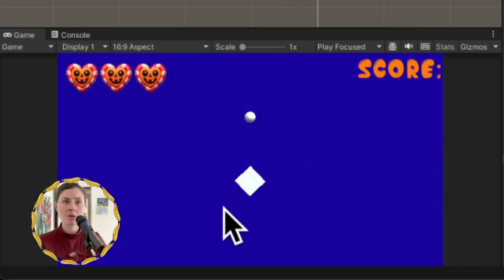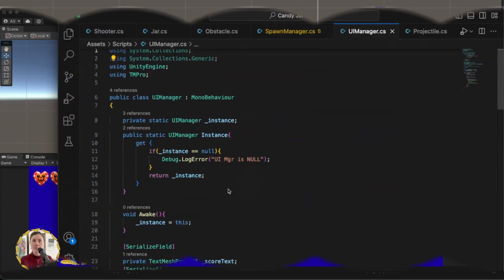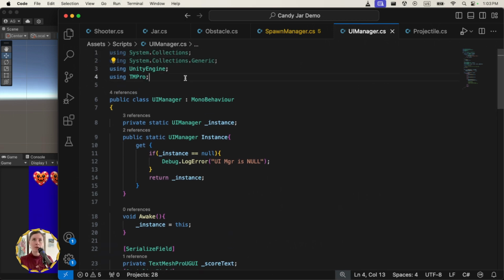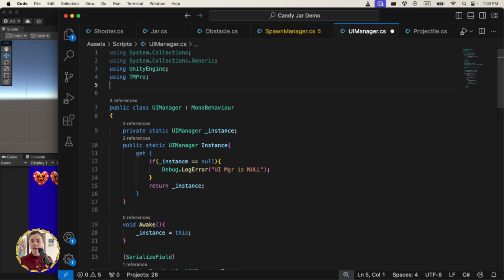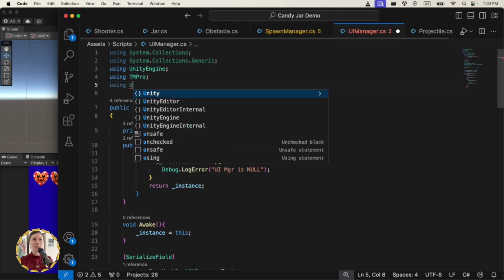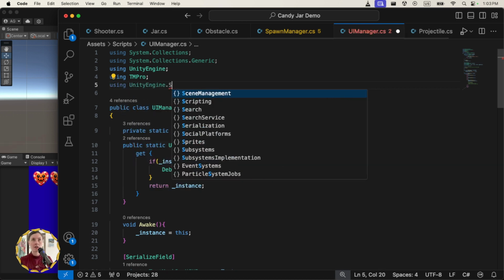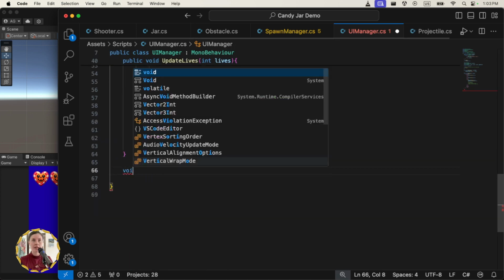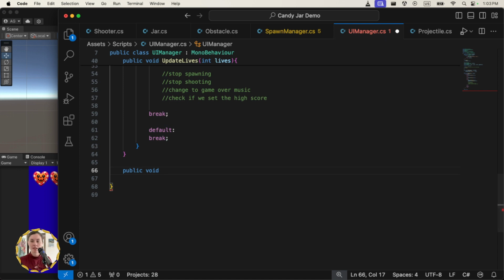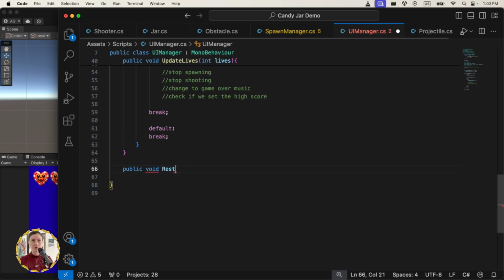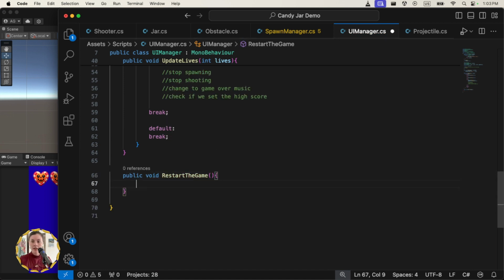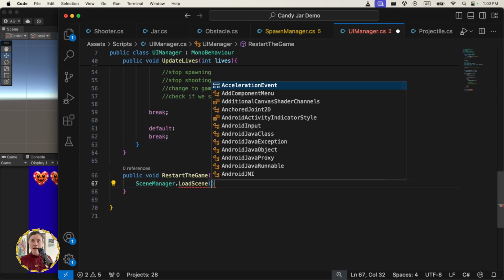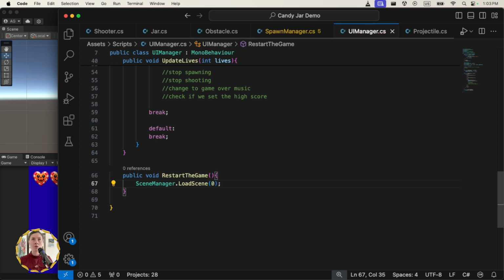Let's start with the restart button functionality because that's pretty easy. In the UI manager, in order to reload a scene, which is basically what we want to do, we do need access to another namespace, and that's the using UnityEngine.SceneManagement. And down at the bottom, before the last bracket, let's create a public void that the button is going to call, and I'll just call this RestartTheGame. And all we're going to do is say SceneManager.LoadScene, and I'm going to specify 0,